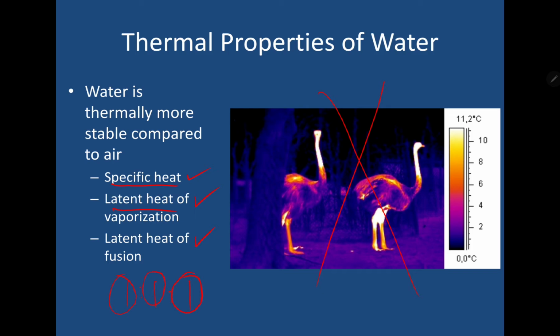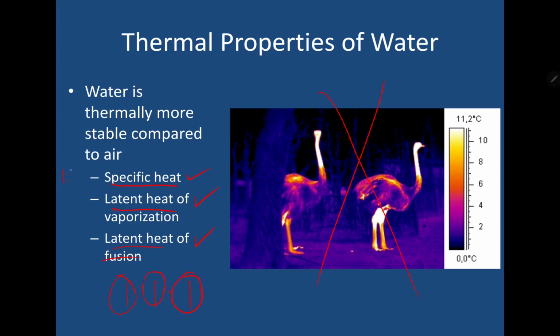Finally, we have latent heat of fusion. Latent heat of fusion refers to the heat released by a substance when it freezes. When 1 gram of water freezes, it releases about 80 calories to its environment. What does this mean? When water freezes, it prevents further freezing of the surrounding area because of the calories that are released. This is advantageous for organisms that live in these bodies of water, since obviously they can't really survive in just ice itself.